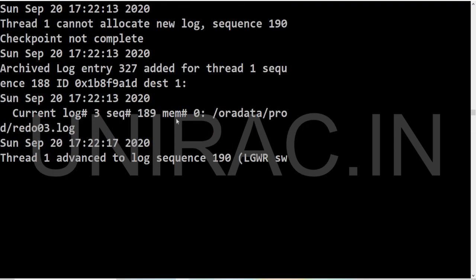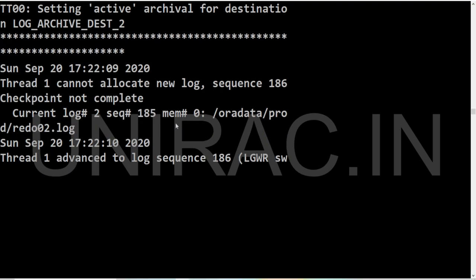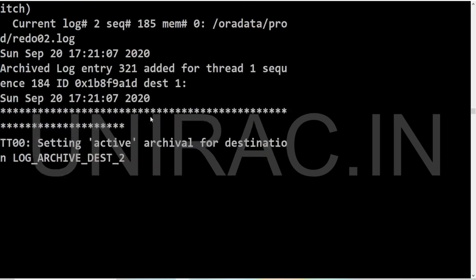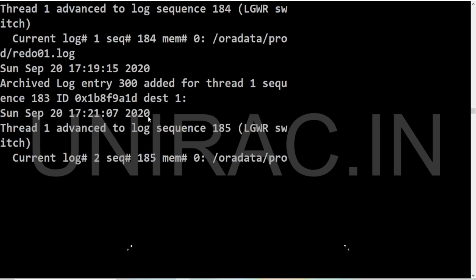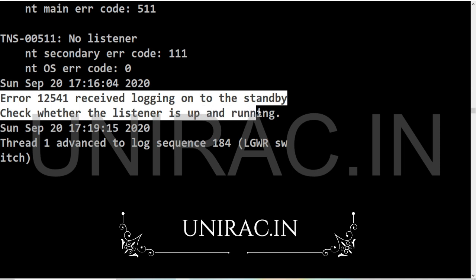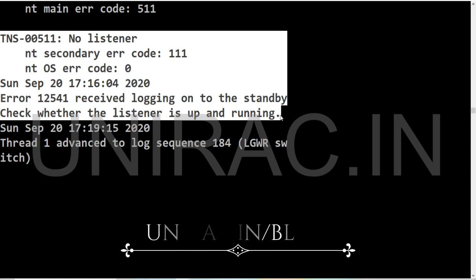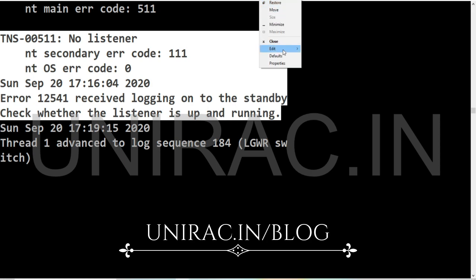Before, we had errors. This was the error: 12541 received logging onto the standby, no listener. Now this error was fixed. So verify the log file twice for what the error was.